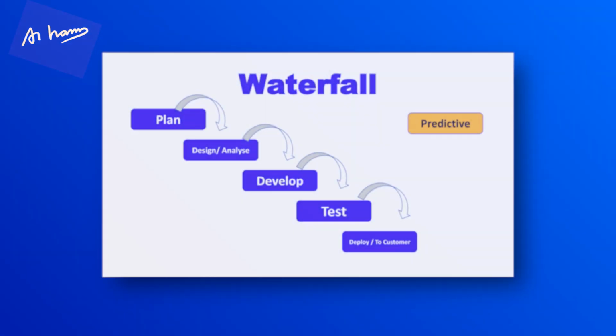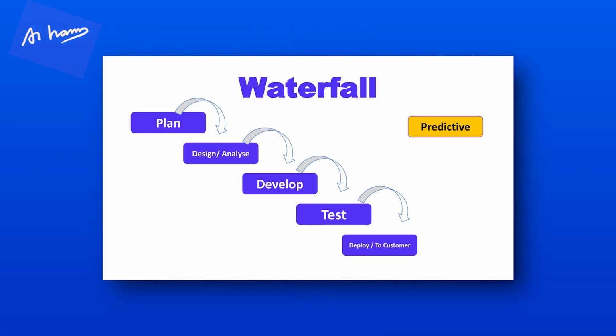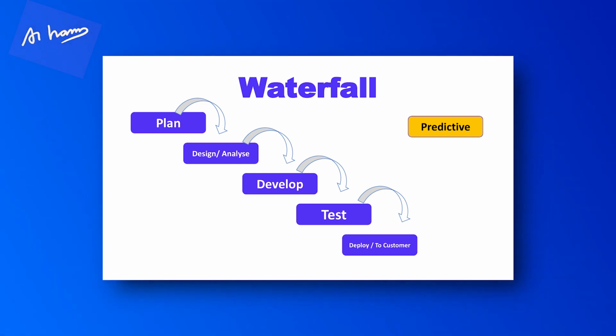The traditional way. In waterfall way of working, we initially plan the project, maybe a couple of months, then design and analyze for another 1 month, develop for another 2 to 3 months, or maybe more. And then after that, test it for 2 more months. And then after 1 year of doing all of this, towards the end of the year, you see some working software in production, which you are not happy with. Then a lot of rework happens. You have to fix so many things, right? So this itself takes a duration of 6 months to 1 year.